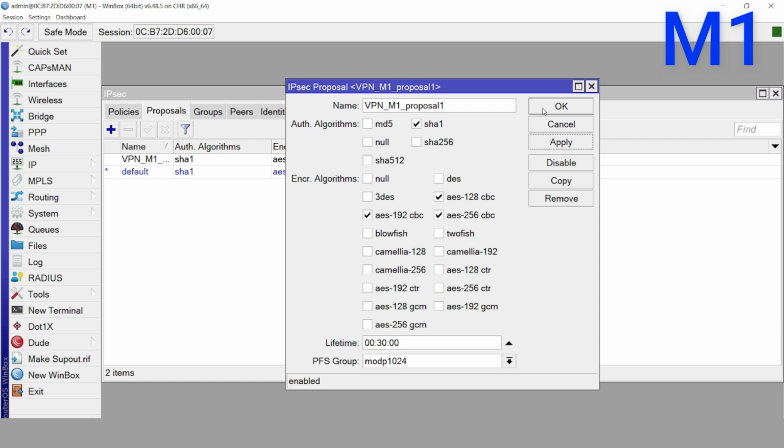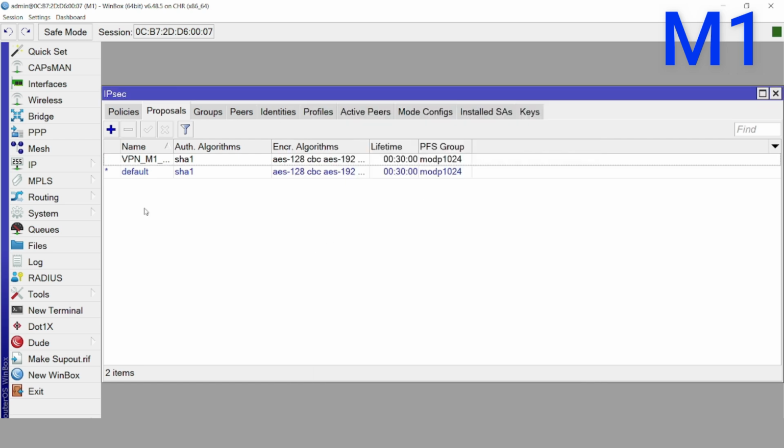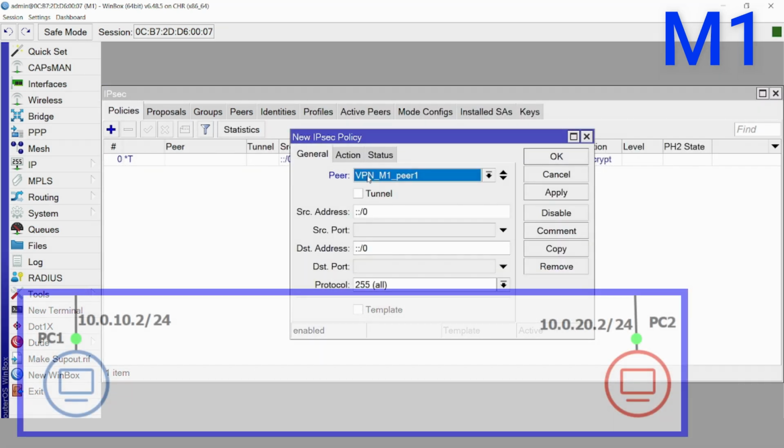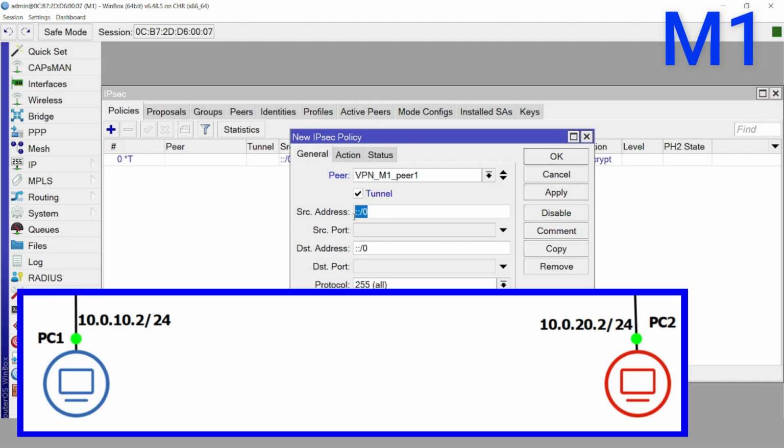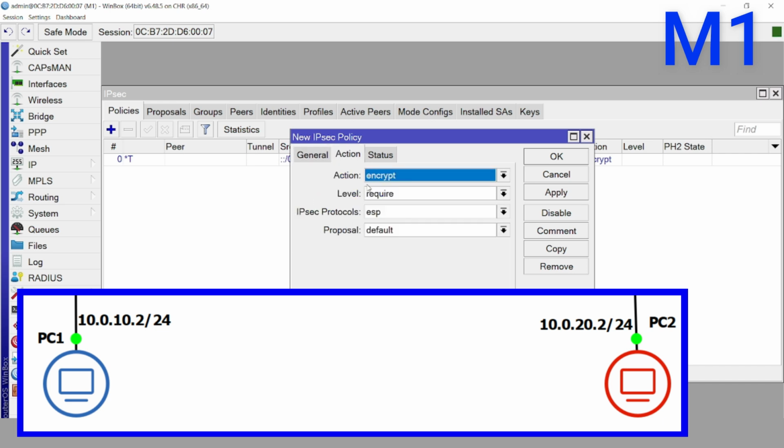You are using SHA1 and AES 128. Finally, there is to configure the policy, which basically consists of associating the proposal with the sites that are going to establish communication. So at the origin, you put the IP address of your network, which in my case is 10.0.10.0, with the 24-bit mask, and in the destination network 10.0.20.0. If you apply the change, you will realize that although everything is configured correctly,